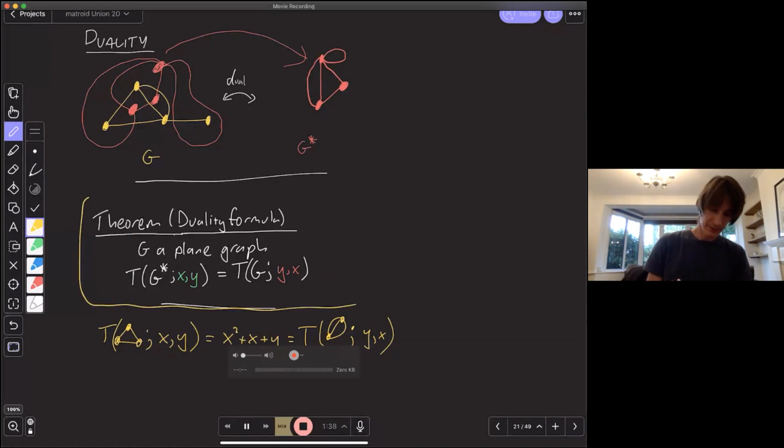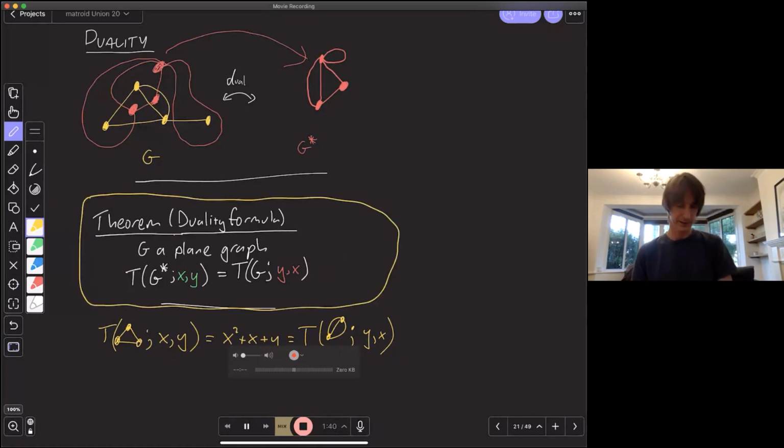I like to pause whenever I see this result because it's really, really lovely. I think we should just stare at it for a moment. It just makes me happy. It's just a really, really nice result. Really beautiful equation.